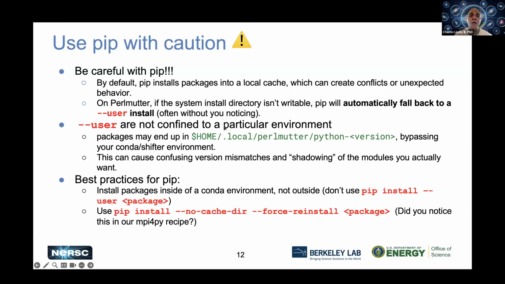Okay. Now, a thing about pip that you want to be aware of is that you want to use it with caution. This goes into a lot about your data hierarchy and data optimization, because pip will install packages into a local cache, and that can create a lot of conflicts and other unexpected behavior. So, on Perlmutter, the system is going to install it. If the system install directory isn't writable, it'll automatically fall back to your user install,